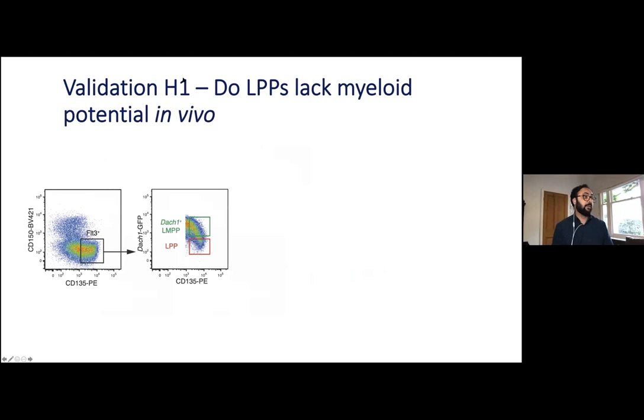All right, validation of hypothesis 1. Do LPPs lack myeloid potential in vivo? So we took a broad gate of CD135, also known as FLT3, and then in this fraction, we split our cells into Dach1 positive LMPPs and the Dach1 negative LPPs. I won't show you this data today, but it's in the paper. We also split this same fraction by FLT3 very high and FLT3 high, and transferred those as well. And when we transferred the FLT3 fractions, we saw myeloid generation from both of these. There was a slight enrichment for lymphoid generation, but not statistically significant. So FLT3 is not sufficient to separate lymphoid generation from myeloid generation, even when you take the very high